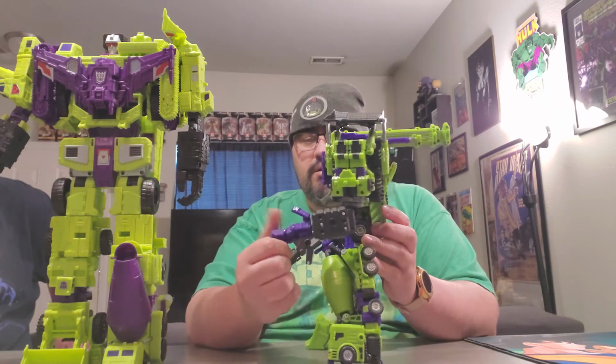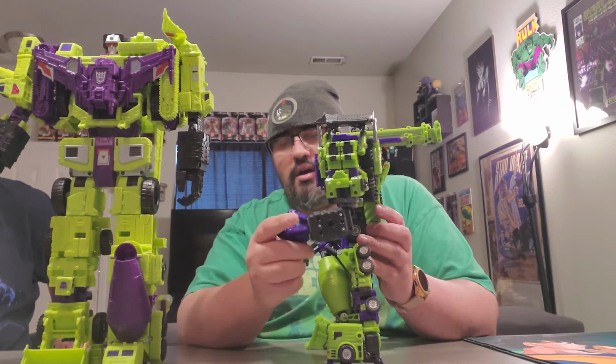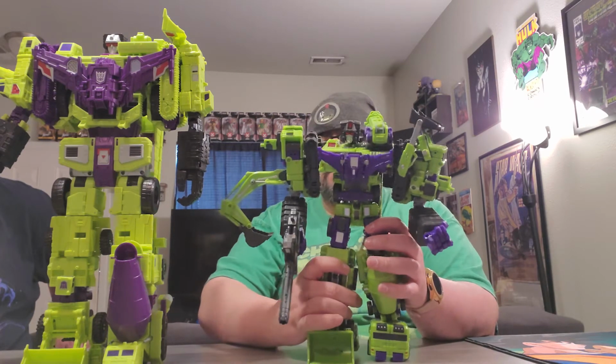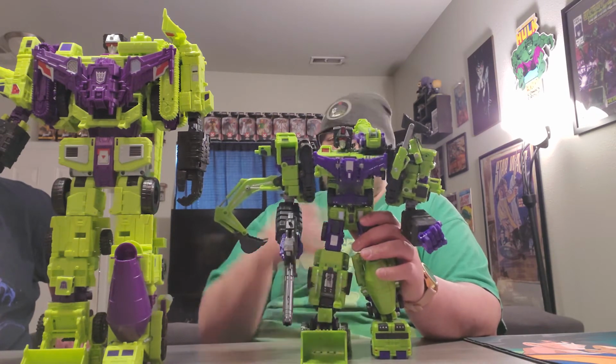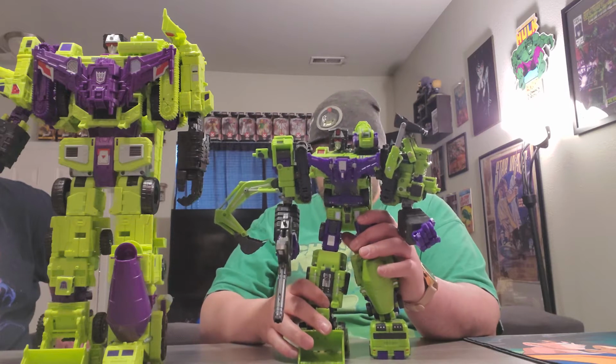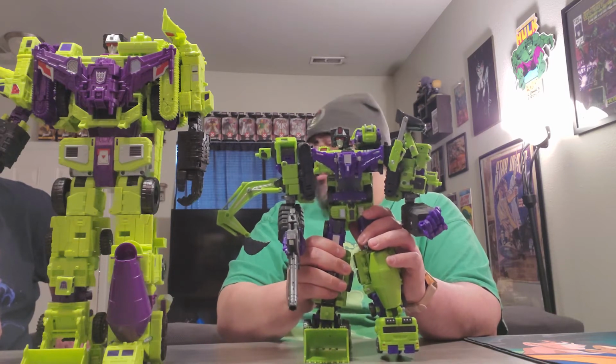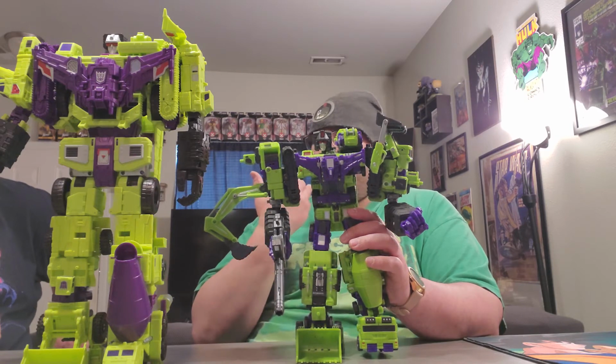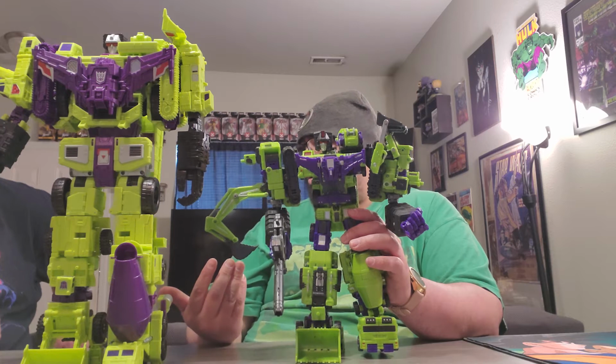I'll probably do a full review of this guy, but I'm not gonna go too in detail. This is articulation because it's really not fair, because this is a third-party figure, so that's kind of what third-party figures are. They're about making Transformers more like, a lot of the times they'll make Transformers of figures that Hasbro's never done, or that they only did the